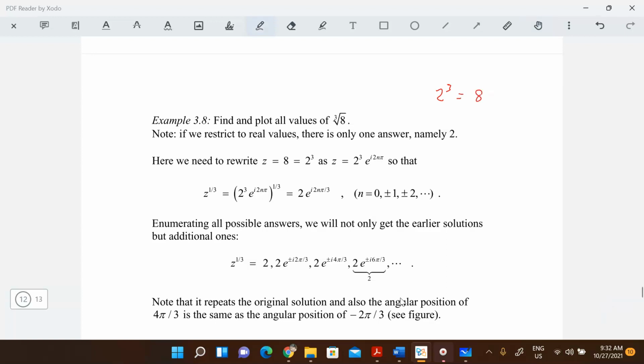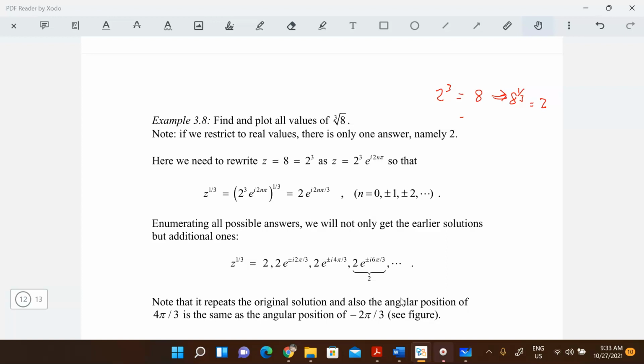So the cube root of 8 is 2. But this is just thinking of doing the nth root, in this case cube roots, with respect